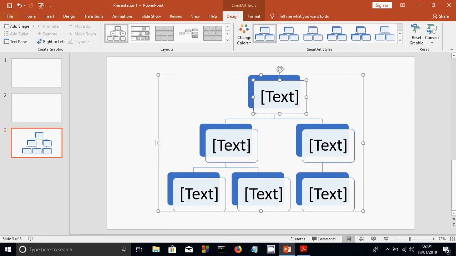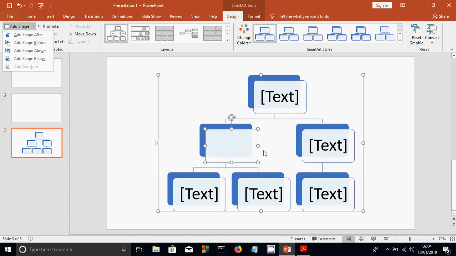1 on top, so we need 2 more somewhere in here. So if we click on this box, and we need to add a shape, which is under person, and we can add him before or after. If we add him after, we'll go here. We add before, go there. Okay, so we'll add before,